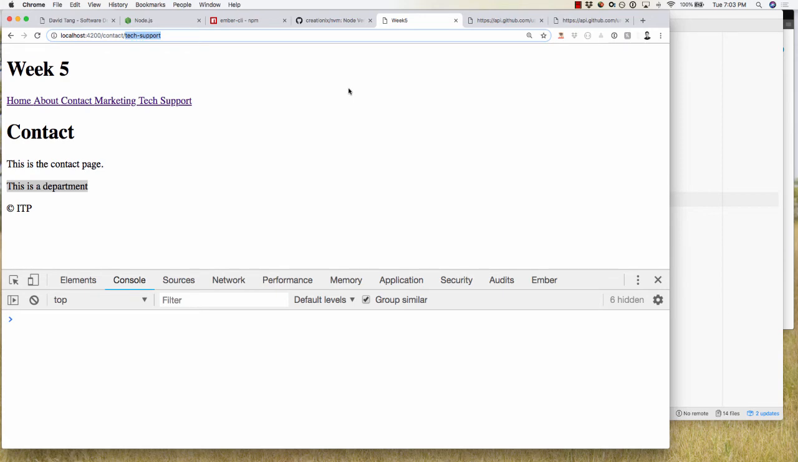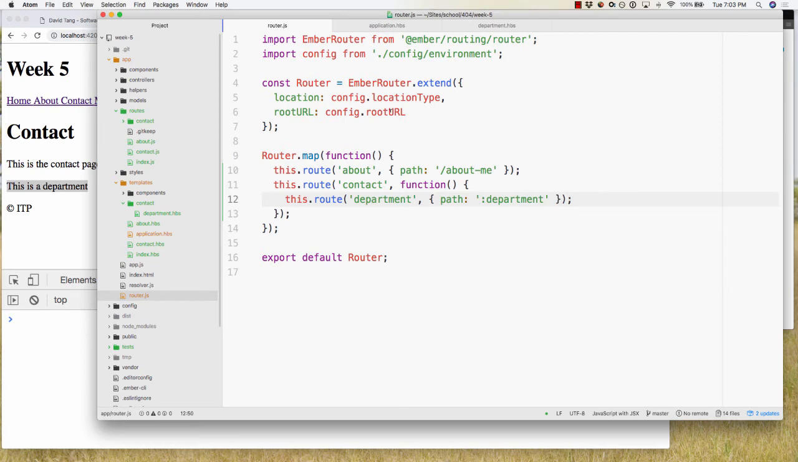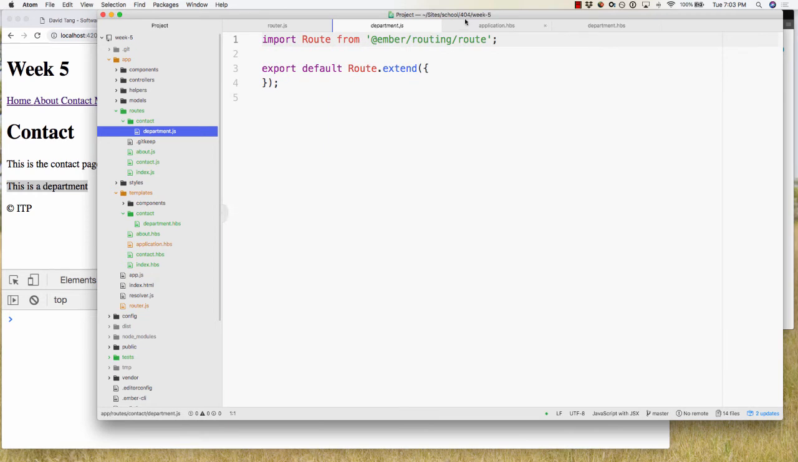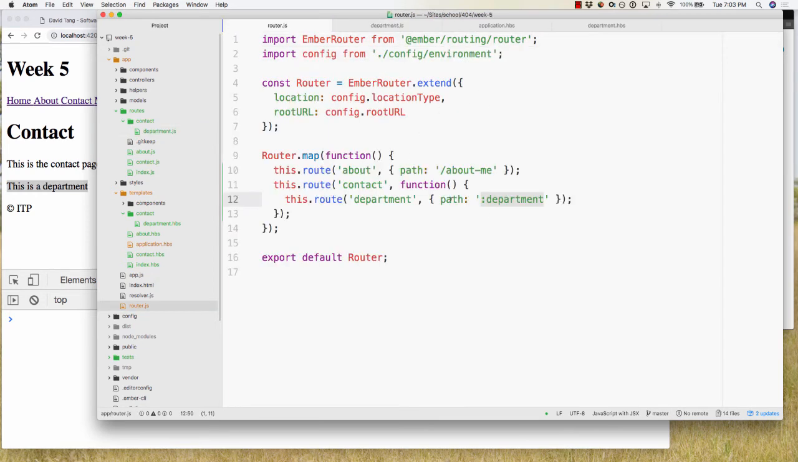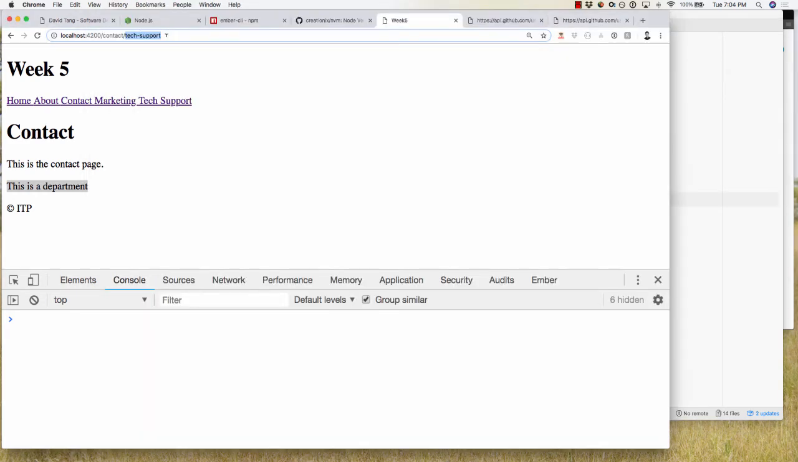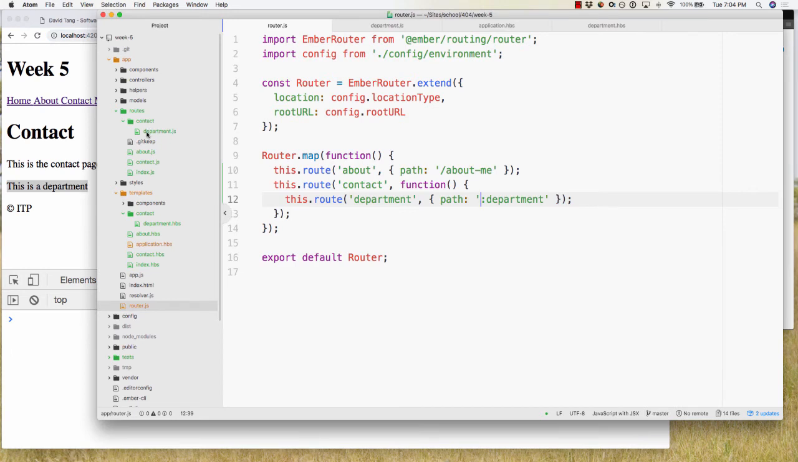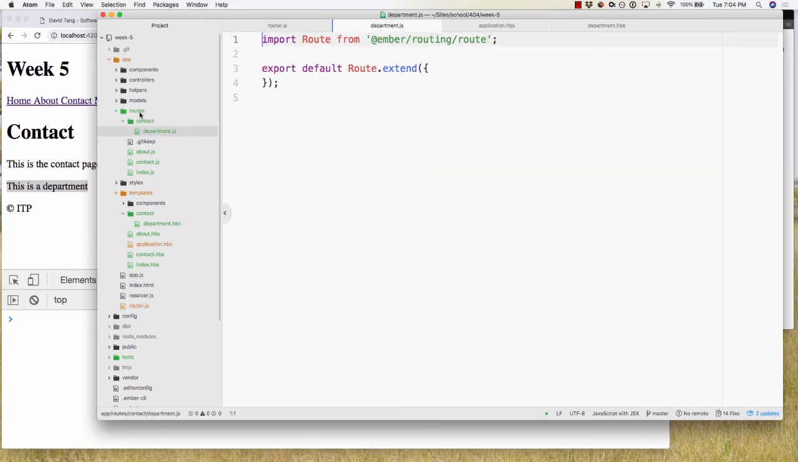Any questions on that? Okay, so how do we get access to that URL path or this dynamic segment right here? So every time we create a new route, we got these JavaScript files created for us. And so looking at our router, the only one that really has a dynamic segment is the department route. And so that's the one where we want to pull this value from the URL. And so if we go inside the department route, so go inside routes, contact, department.js,